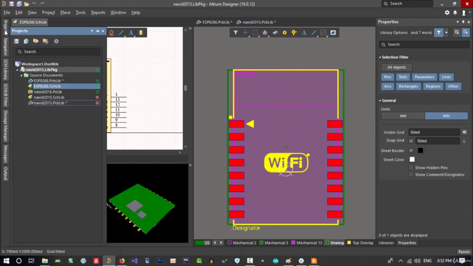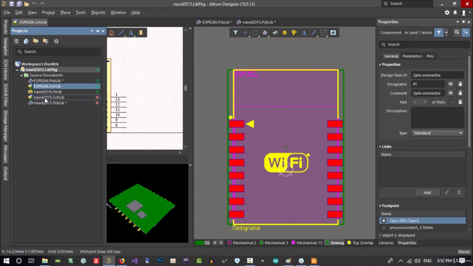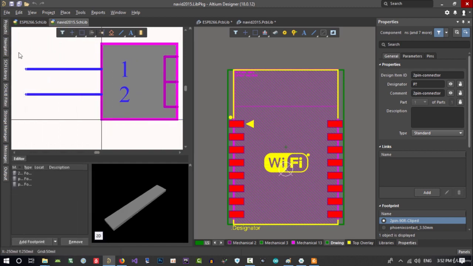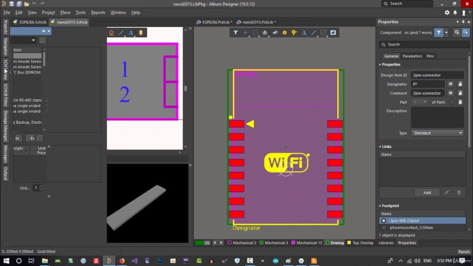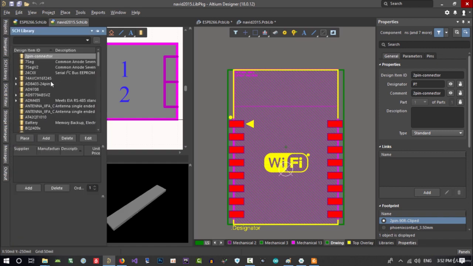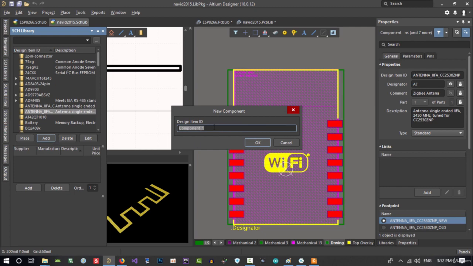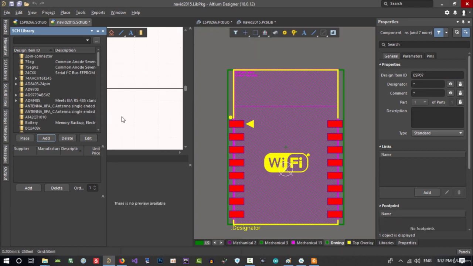So we want to go to project and go to our own schematic library and click here, and in here SCH library. We want to add a new one here. It is ESP7 that I want. Let's put 0 in here as well. I want to create the ESP7 library, so I will call it here. Let's just put OK, and